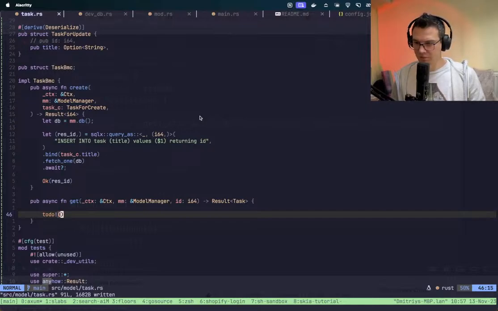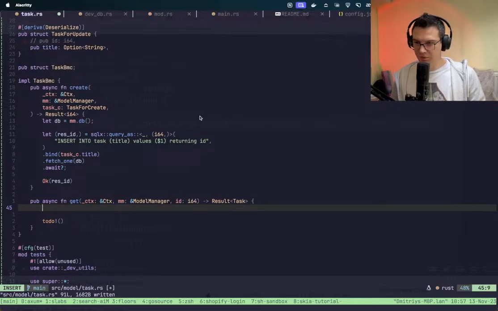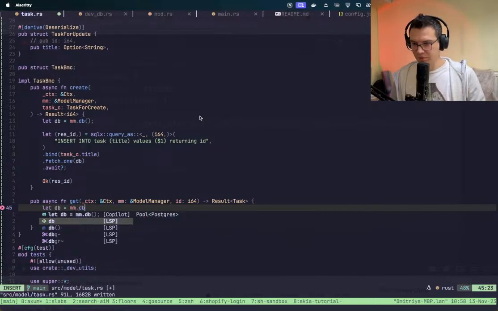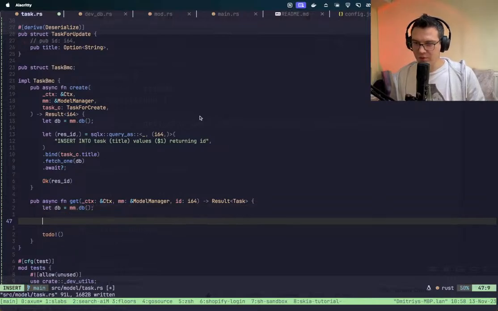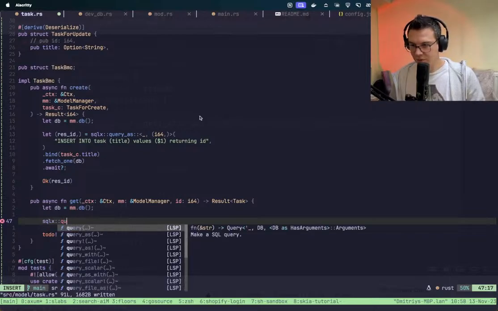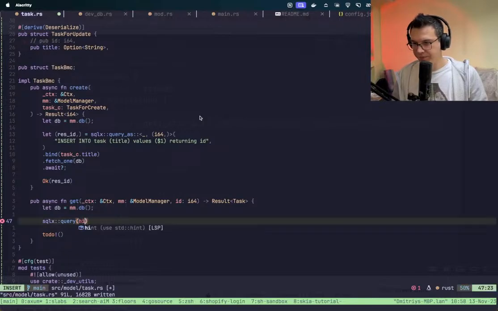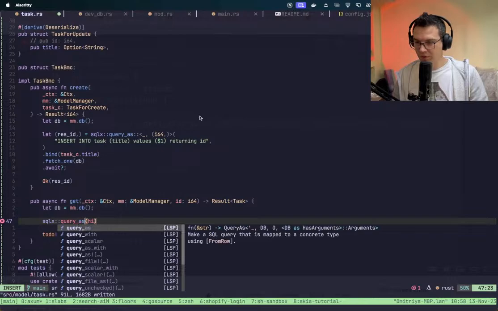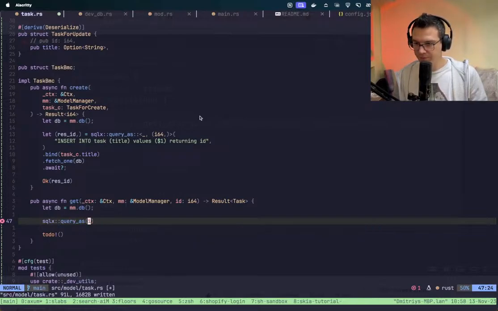Let db like this, then I'm not sure what we want to return, but sqlx query as is fine, I think. Select